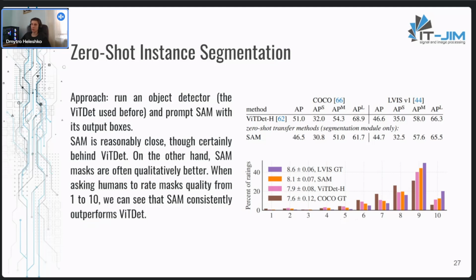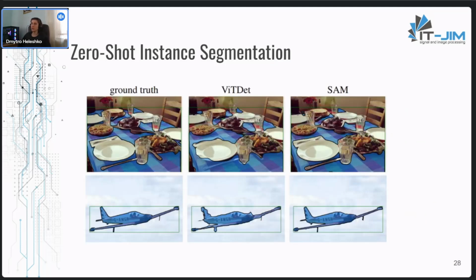When asking humans to rate mask quality from 1 to 10, we can see that SAM consistently outperforms this particular dedicated model. And here is a visualization of predicted masks. Even though the dedicated model gets more points in numerical tests, the Segment Anything masks have clear boundaries and are more pleasant to look at.